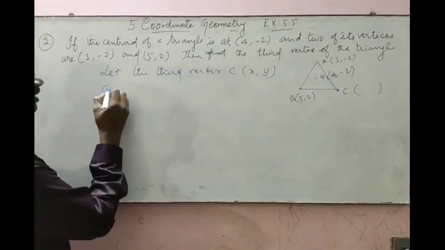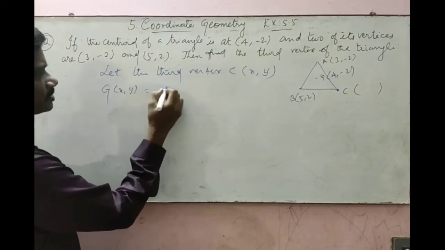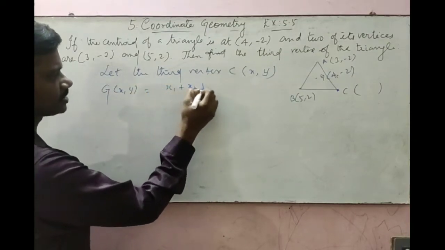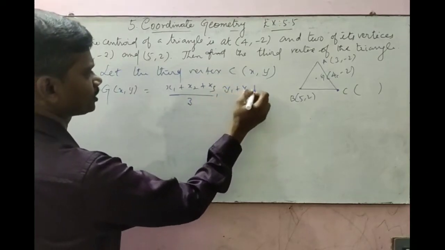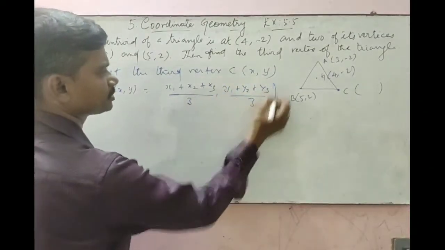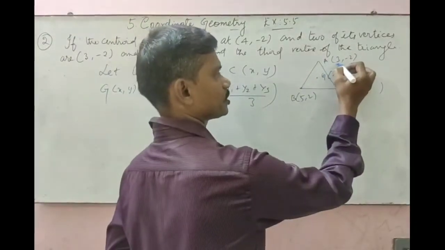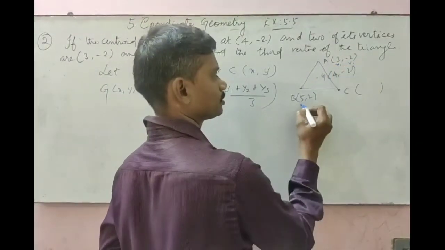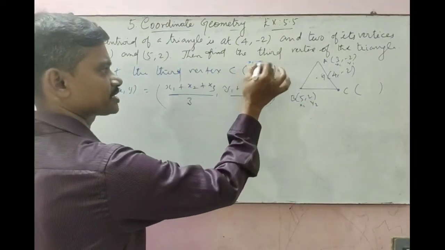Then the formula to find the centroid G of (x, y) is (x1 + x2 + x3)/3, (y1 + y2 + y3)/3. So we have to consider this coordinate A as (x1, y1), B as (x2, y2)